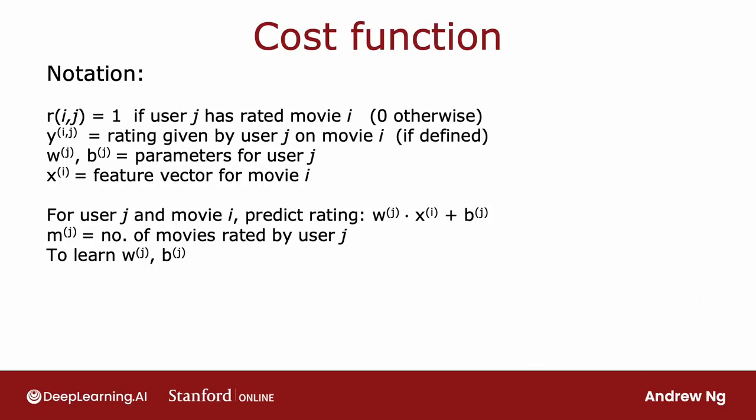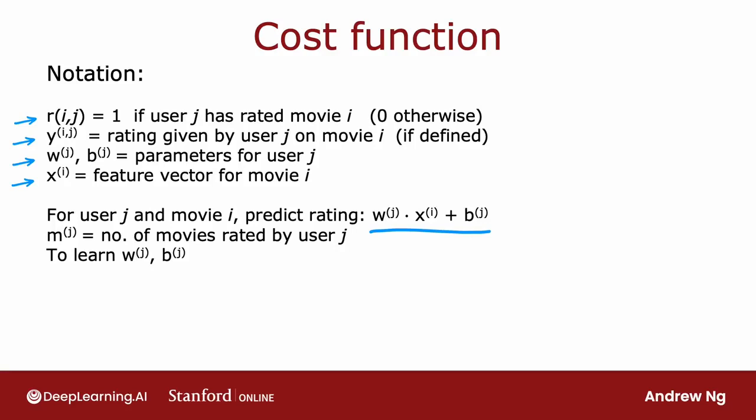So let's take a look at how we can formulate the cost function for this algorithm. As a reminder, our notation is that Rij is equal to 1 if user J has rated movie I, or 0 otherwise. And Yij is the rating given by user J on movie I. And on the previous slide, we defined Wj, Bj as the parameters for user J, and Xi as the feature vector for movie I. So the model we have is for user J and movie I, predict the rating to be